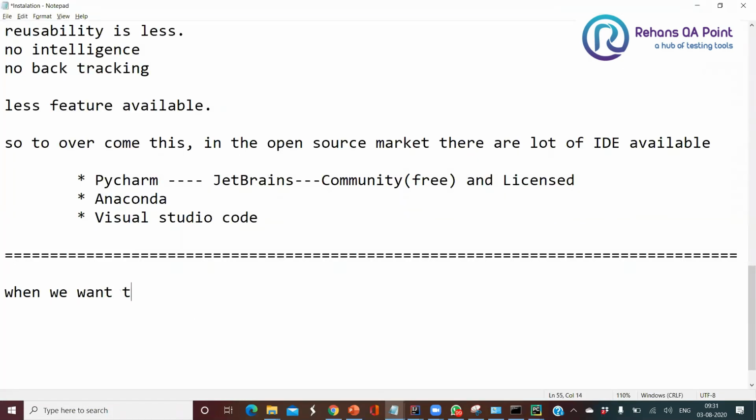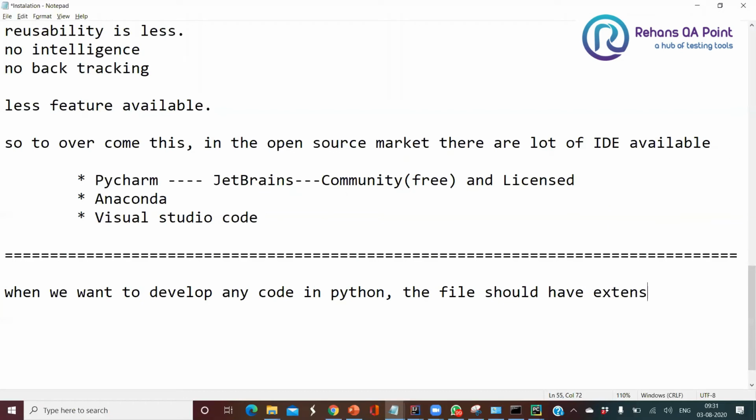When we want to develop any code in Python, the file should have the extension .py. So .py indicates it is a Python file.